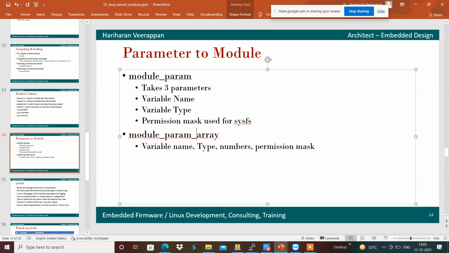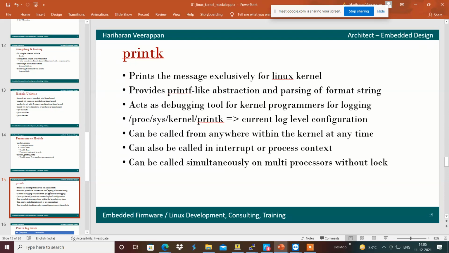We have a function called printk, which prints messages exclusively for the Linux kernel.